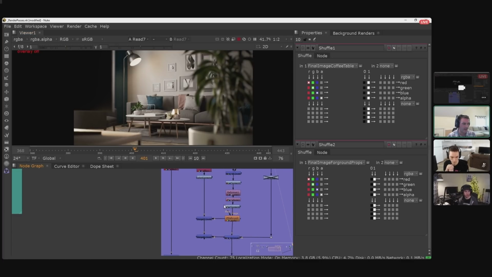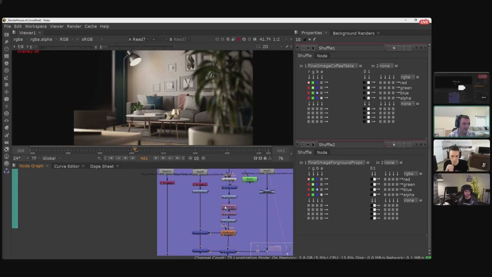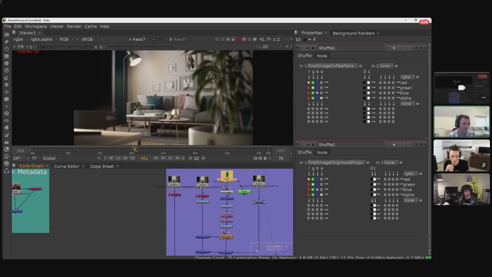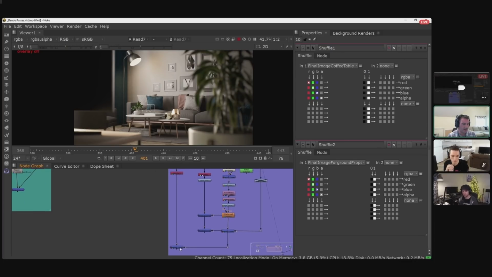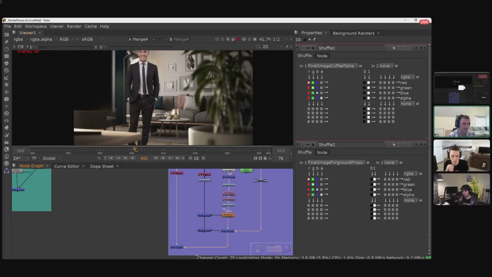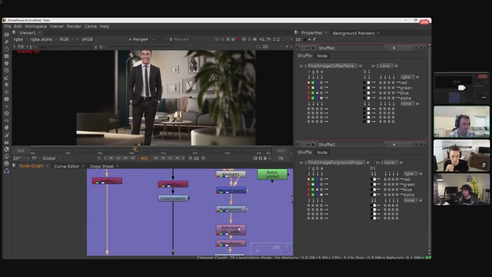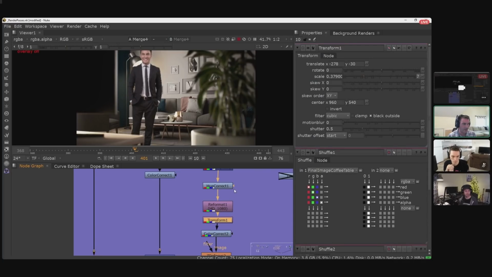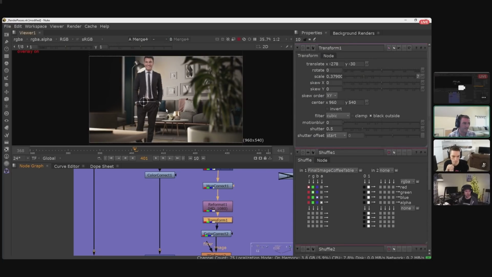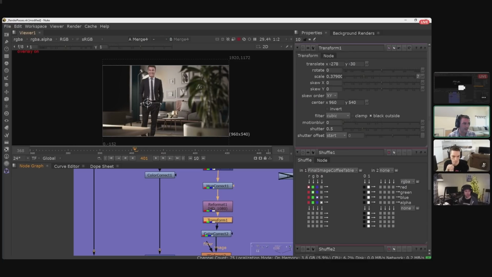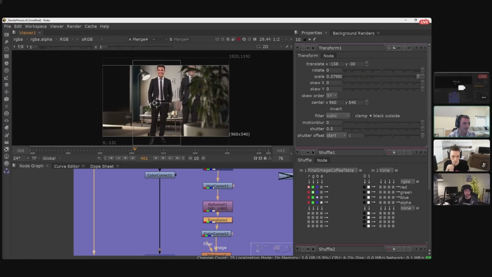So we're plussing those, as Matt was saying, on top. And then I wanted to insert something in between. So I have a guy here that I sandwiched in between there, so that if I take, say, this transform node and have the little gizmo here, you can see that I could place him behind those foreground objects.